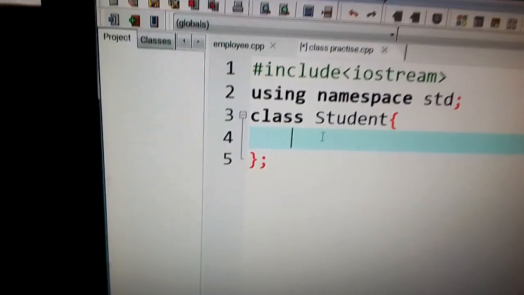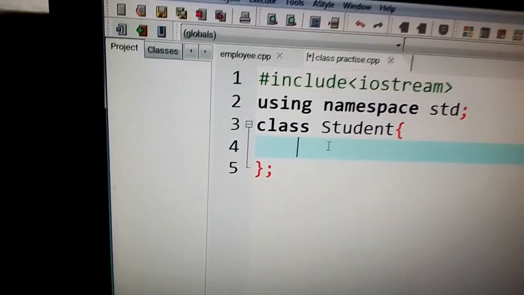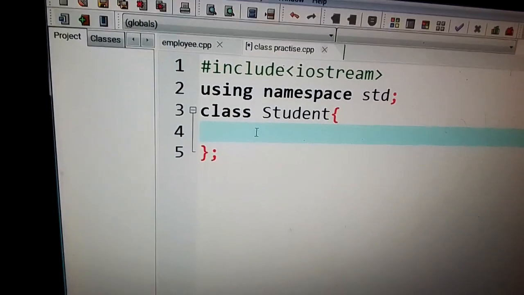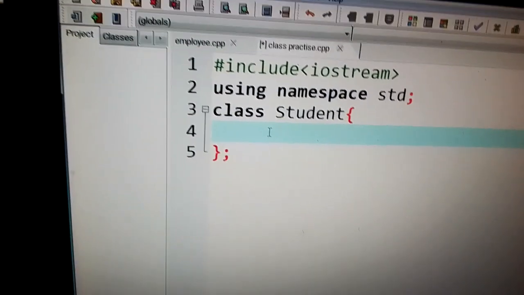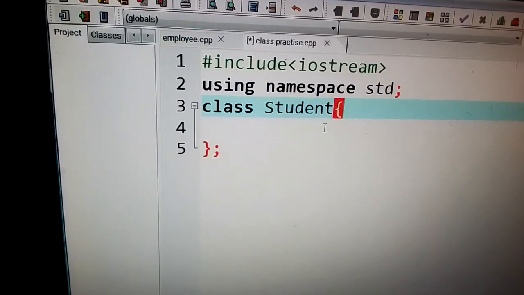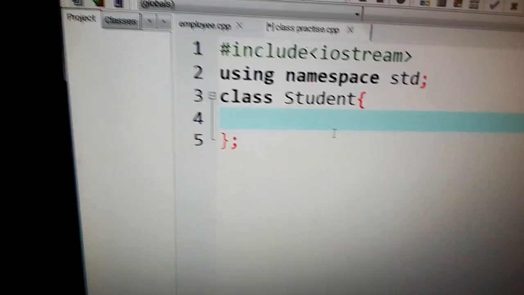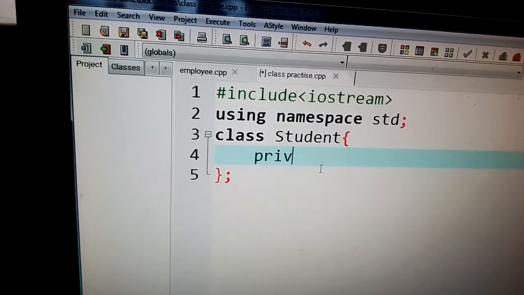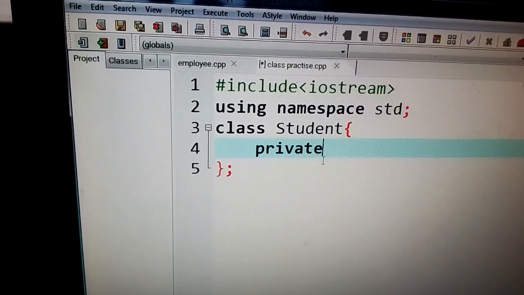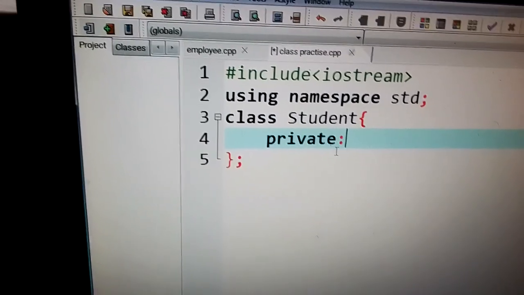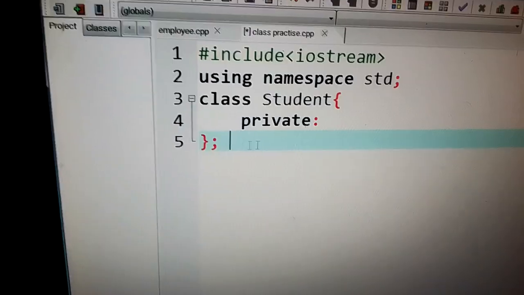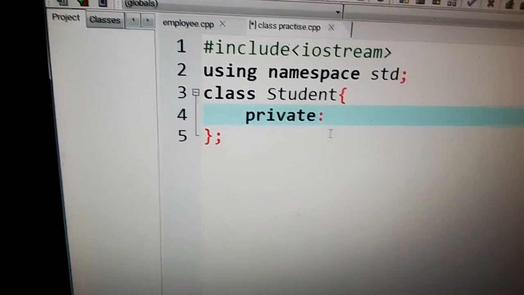So they determine which part of a program can access the data and methods of a class. The important thing you should also know is that members of a class are private by default. So if I write something like private, it means the members of a class cannot be accessed outside that particular